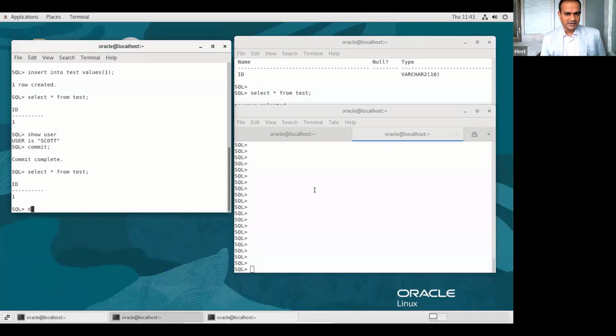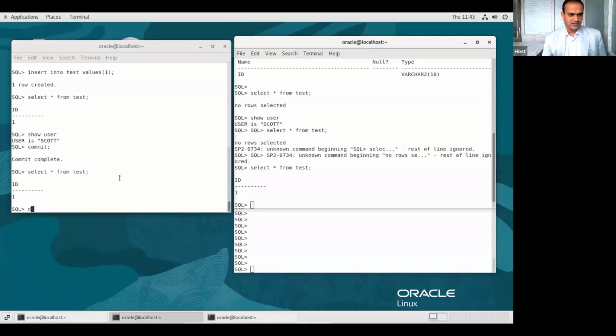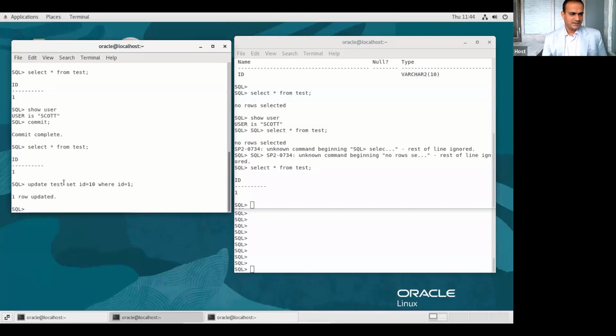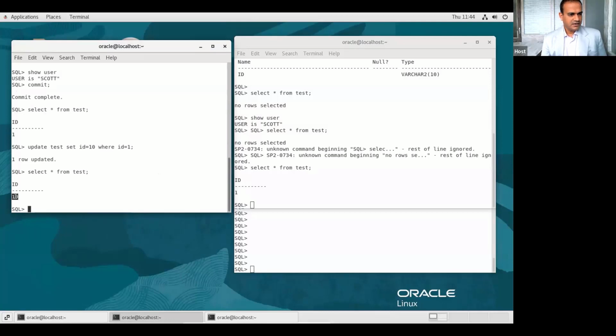Now I'm doing one more thing here, an extension to the next thing. Now I want to update, set ID equal to 10, where ID equal to 1. So this will become 10. If I fire this and show what is showing, 10, and if I show you here,